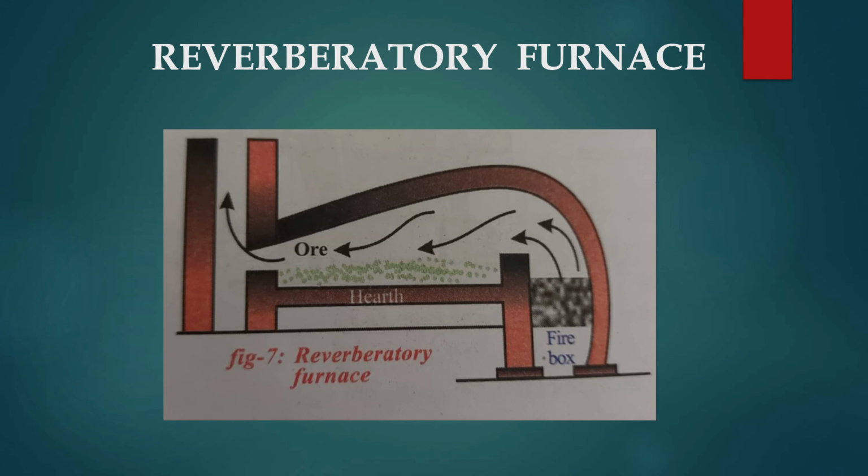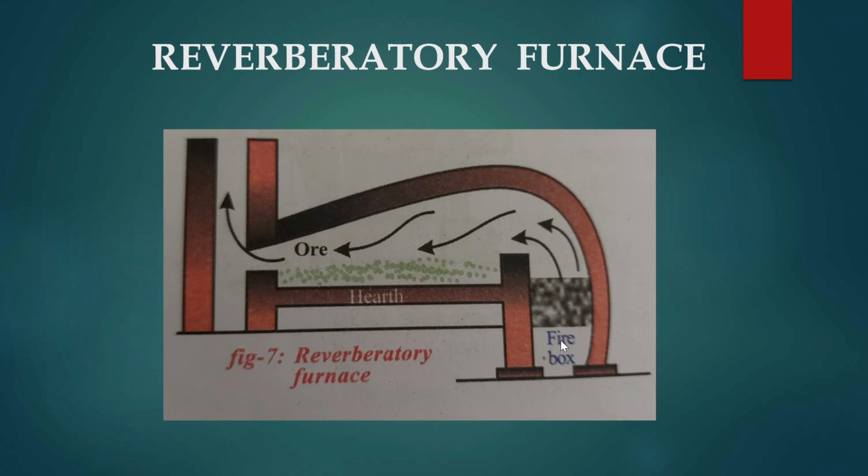Look into the slide. You can see a reverberatory furnace. But before the reverberatory furnace, what is a furnace? A furnace is one which is used to carry out pyrochemical processes in metallurgy. The three important parts of a furnace are the hearth, chimney, and firebox. The hearth is the place inside the furnace where the ore is kept for heating, the chimney, as you all know, is the outlet through which the waste gases go out, and the firebox is the part of the furnace where the fuel is kept for burning.